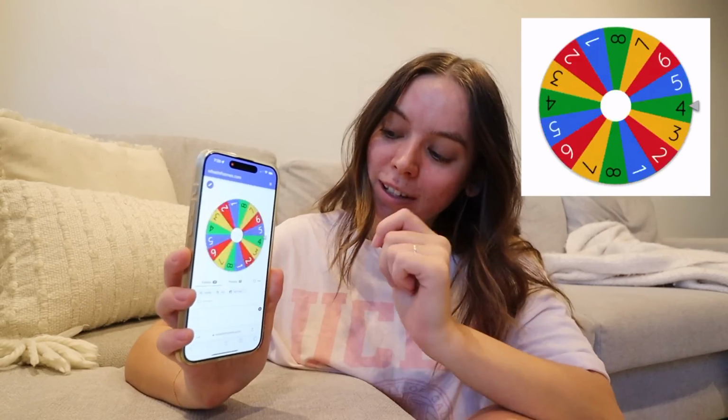Good morning, besties. It is Friday, so it is day 5, and we need to find out how many hours we're reading for. Who would have thought? Shocking, but you didn't expect that. If I'm being honest, I do hope we get a shorter day today because I have plans. That would just make my life a lot easier, but we will see what the wheel has in store for us. Last time,